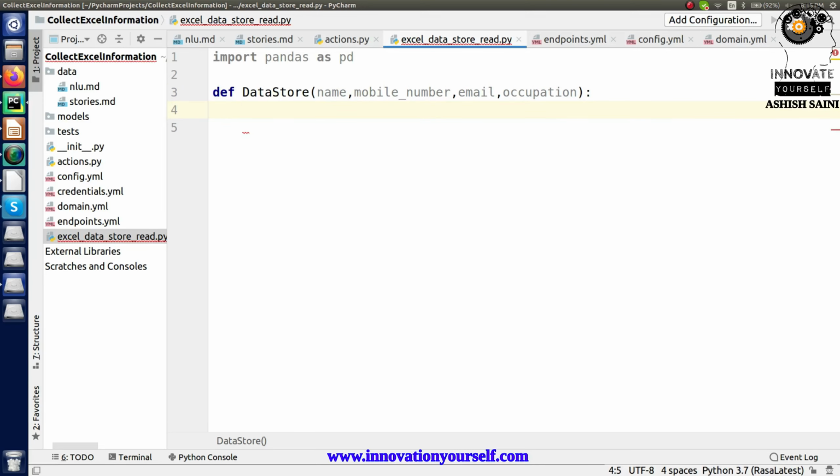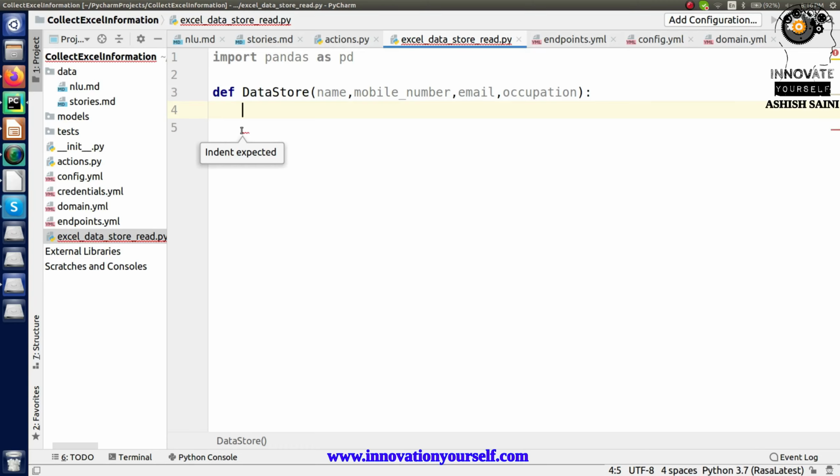alright. So now I have this. Now after that I have to create a data frame, right? I will be doing it in 2 ways. One, if I don't have this file already existing, I have to create a new file and then store the data which I have collected. But if that file already exists, then I just have to collect that previous data, and after that I have to append the new data, right? So this is all that I have to do now.